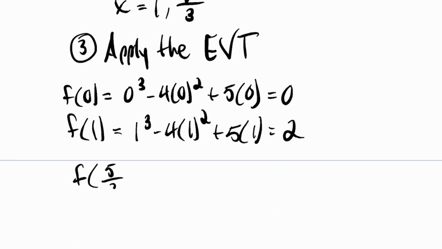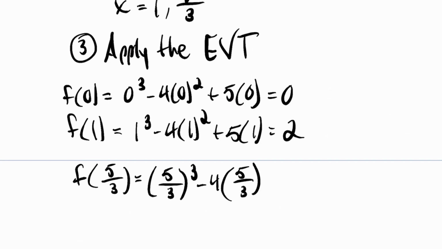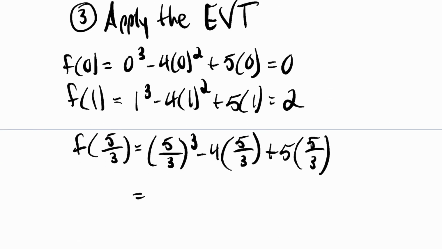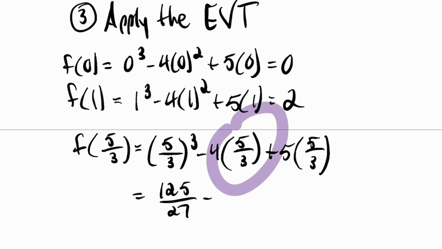Okay. This one's going to be a bit more of a pain. If you need to, you can use a calculator, but I'm going to do this manually, I think. Plus 5. 5/3. Okay, so 5 cubed, that's 125 over 3 cubed, which is 27. So the numbers are a bit messy. And then I get 20 over, I made a mistake here. I didn't write that this was squared. Okay. Squared, okay. So I get 25 over 9, but I'm multiplying by 4, so I'll have 100 over 9